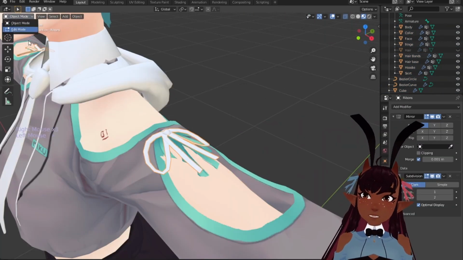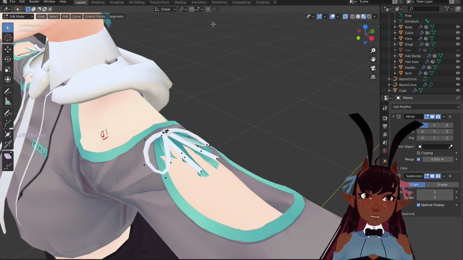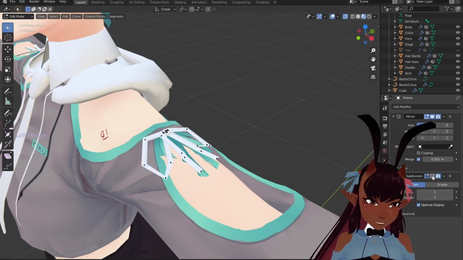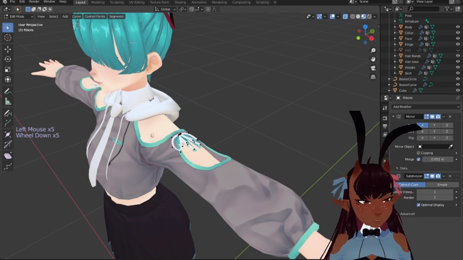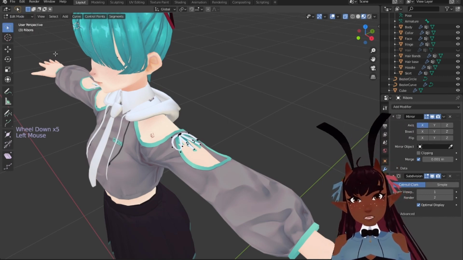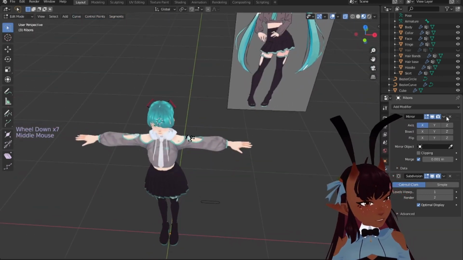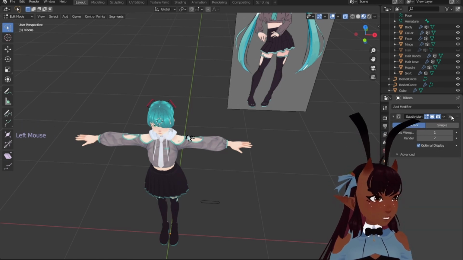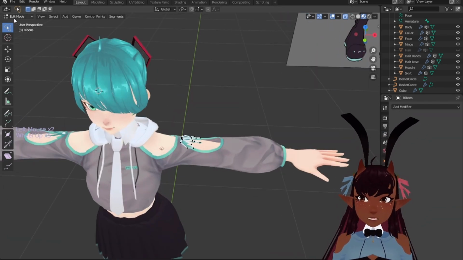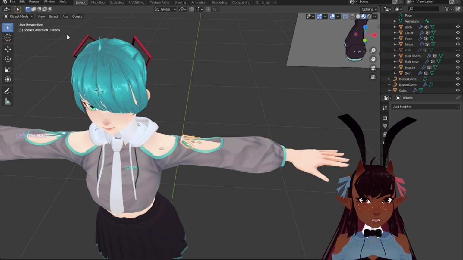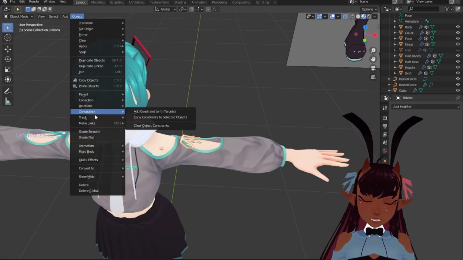Now if this ribbon could move a bit better, that'd be great. But let's just stop messing with curves right now. Let's get rid of that mirror and get rid of that subdiv. We can go to object mode, make sure we have the right thing selected,